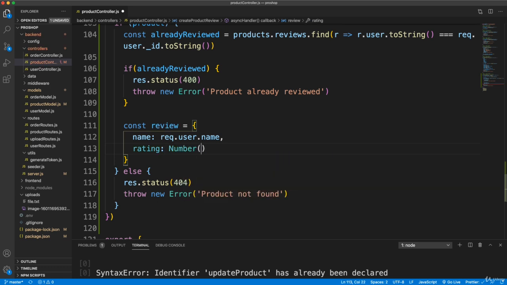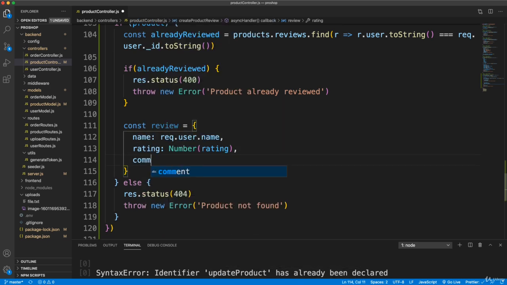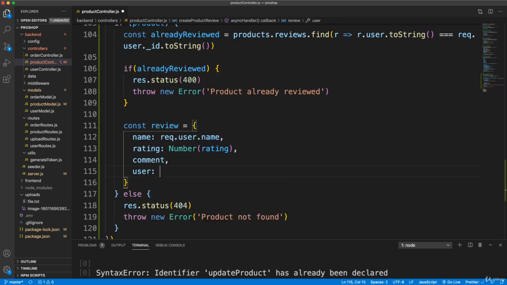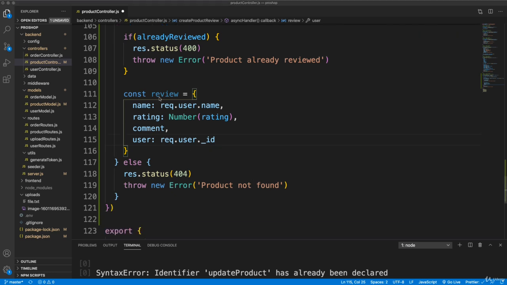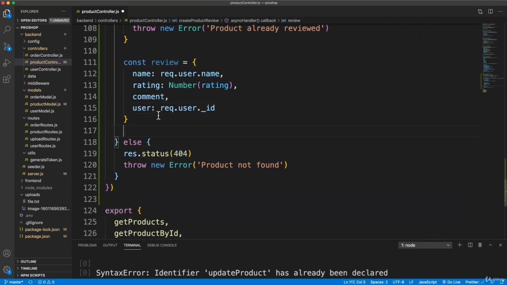However, I do just want to make it a number, so I'm going to wrap it in Number. And then the comment, which is going to come from above as well. And then finally, the user will be the request.user._id. All right, so that just creates an object. It's not being saved or anything. So we'll create that, and then let's take